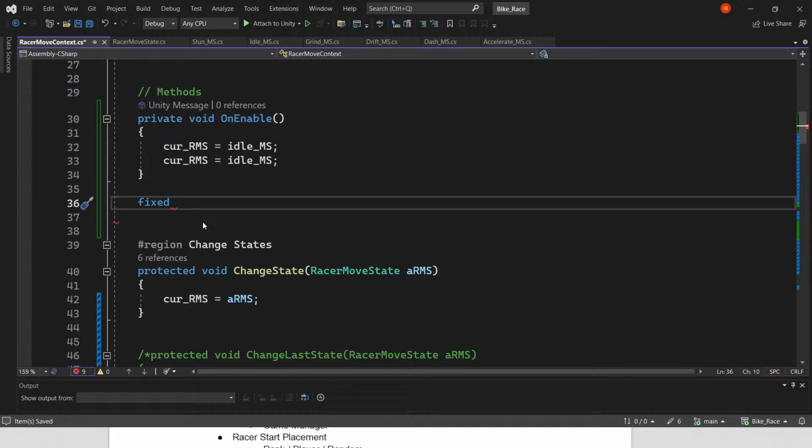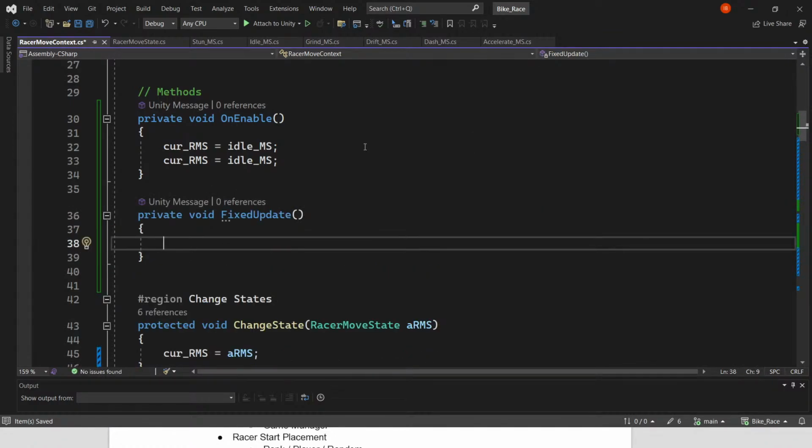Fixed update. And some people might argue that you'd put it in the state, so the state would have this fixed update. I just tend to run into problems with the rigid body access then. So if I just go here and like,